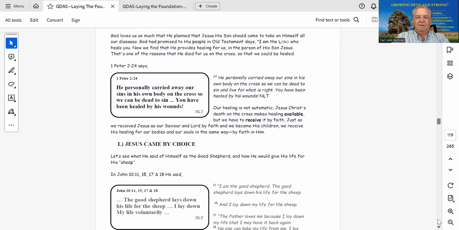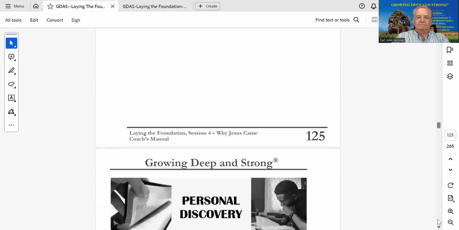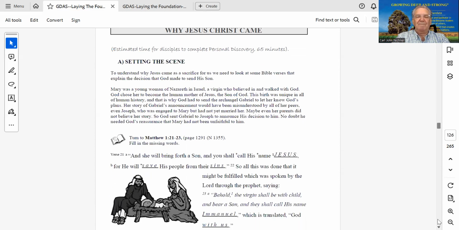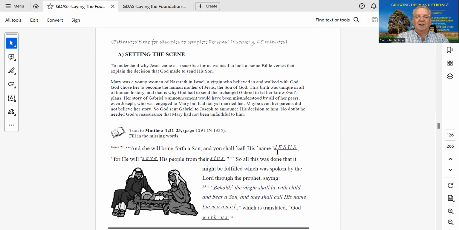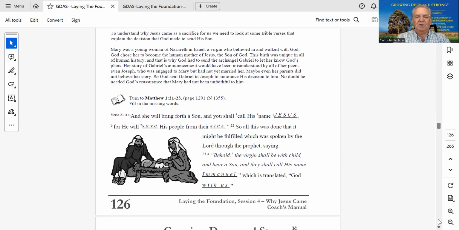We scroll down, get to this. Where are we? All right, here's the great part about your manual. You become the expert. Your manual, the coach's manual, has all the answers filled in. So you've got all the Bible verses filled in. You don't have to spend the time looking them up. We've already assumed that you've walked it through. If you want to teach others immediately, you can pick them up and start teaching others. You don't have to go through the disciples' one to start teaching others, because we make you the expert.